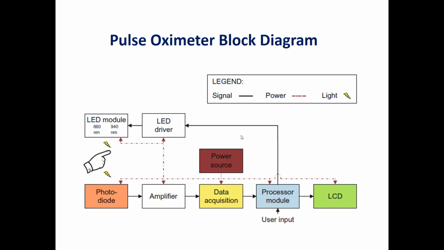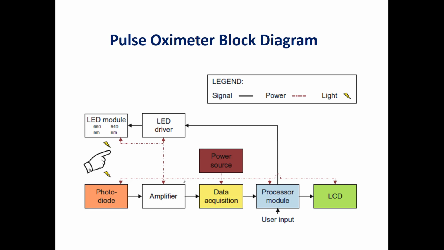As we said in the previous slide, when we talked about the model of the absorption made by the different tissues, we have AC and DC signals. For the pulse oximeter, we need to understand that we need different backgrounds. We need to understand electronics, as we see in this slide. So we have LEDs, we have photodiodes, we have a current to voltage amplifier, we have an LED driver, and so on. We also have another important part, which is the signal processing, which is very important here in the design